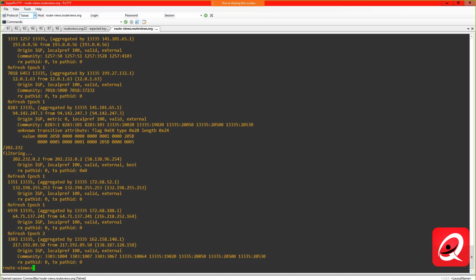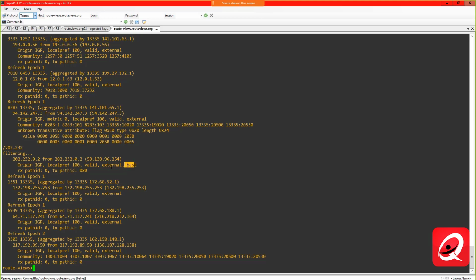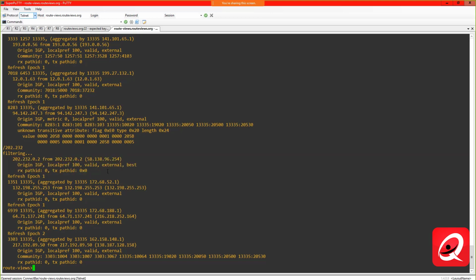Yeah. So we're seeing a local preference of 100. This is the best route. We could have searched for best as well. But we're not really seeing much else here, right? The AS path is kind of cut off because that was listed ahead of that. But in any event, I can't really tell from here how that path was selected. So it's not an easy thing to do. It's difficult, but